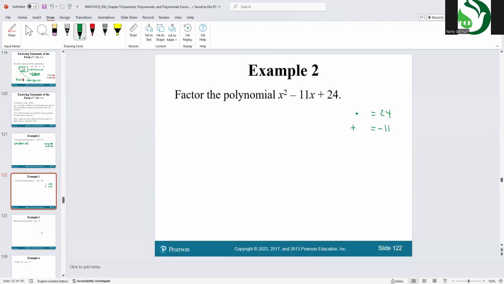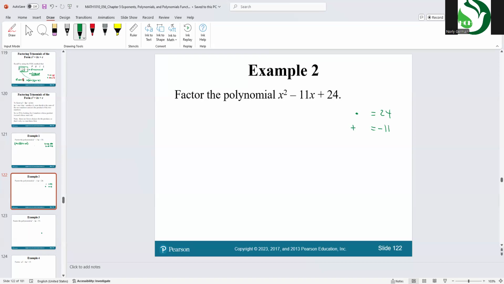You obtain a positive product only when you multiply two positive numbers or two negative numbers. If you multiply two positive numbers to obtain 24, when you add them, you cannot obtain negative 11. So the two numbers you multiply to obtain positive 24 must be